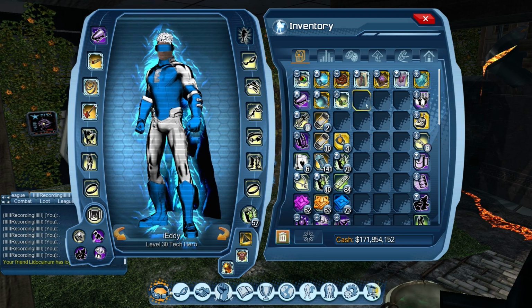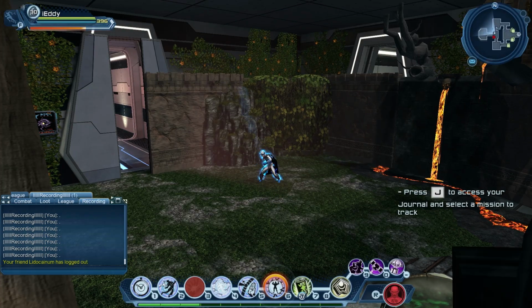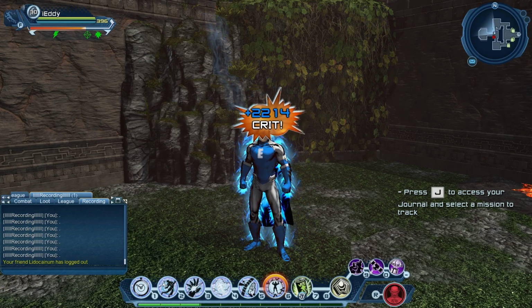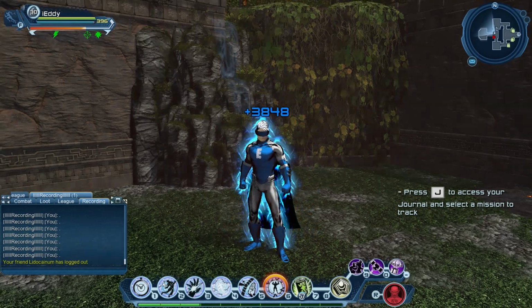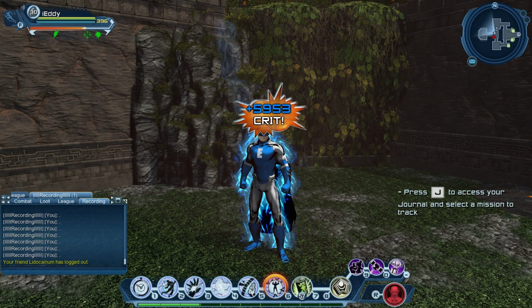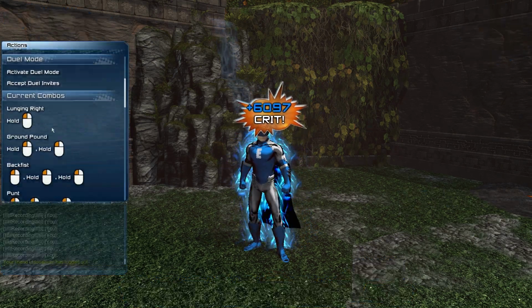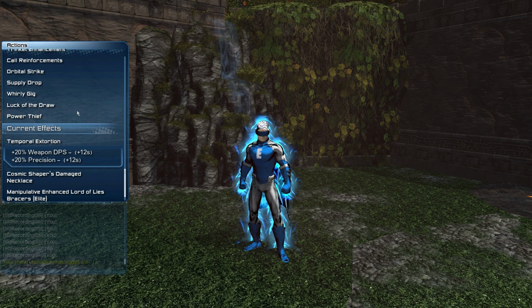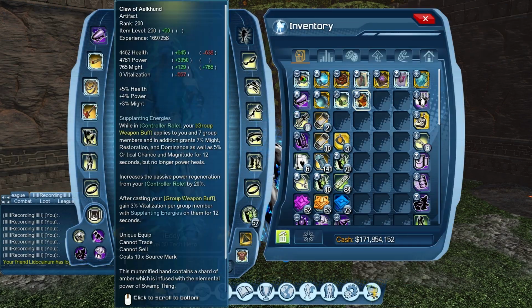So let's remove this for a second, and we use our temporal extortion. So you're basically giving power out to yourself and 3 other group mates whose power is low. And if we go and check here, it gives you 20% weapon damage, DPS, and 20% precision for 12 seconds to yourself and 3 other group mates. But if you have Claw on,